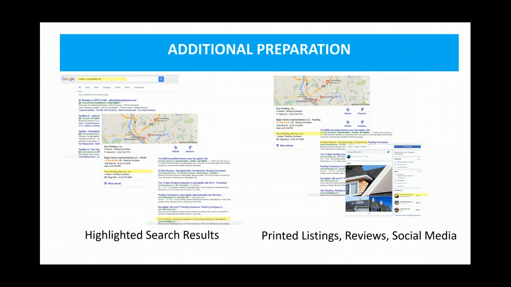In this example, it might be a roofer in Springfield, Mass. They might have a great foothold in the market for roofing in Springfield, but why not go to a neighboring town like Agawam, like Chicopee, right? Maybe Enfield, Connecticut, which is just over the border, and they might not have any visibility on Google, which is only miles away. So they might have a good foothold in that metro area of Springfield, but outside of that, it's like they don't exist, right? So what you want to do is some searches for their geography, neighboring towns, neighboring metro areas, if there's a new area they're looking to launch into,